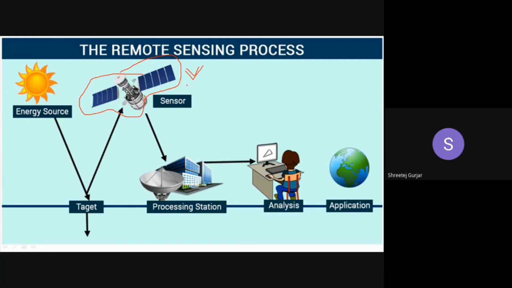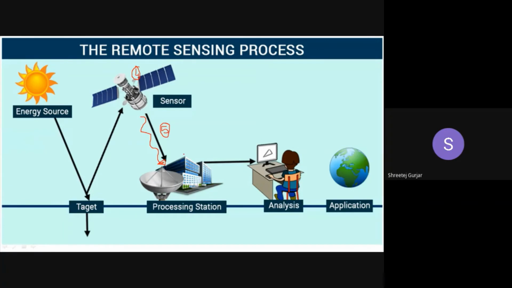When the energy is captured by the satellite, we need to get that data and analyze that data. We cannot just go to space and put in our pen drive and download the data, right? We cannot go to space every time. So that data is transmitted to the processing station. This is also called the earth station or the ground station. So this is the fourth part, wherein it is recorded by the sensor, and this is the fifth part, which is the transmission of the data.